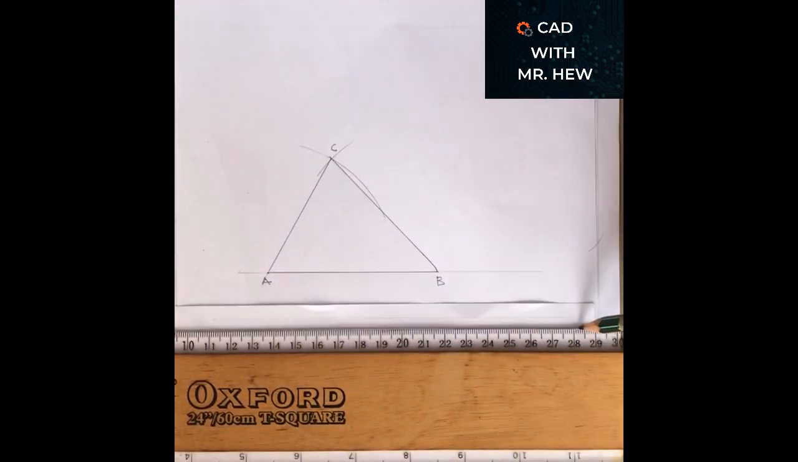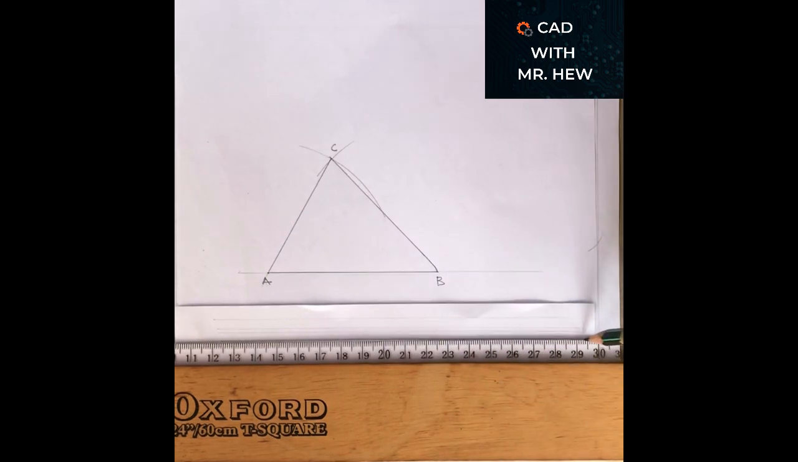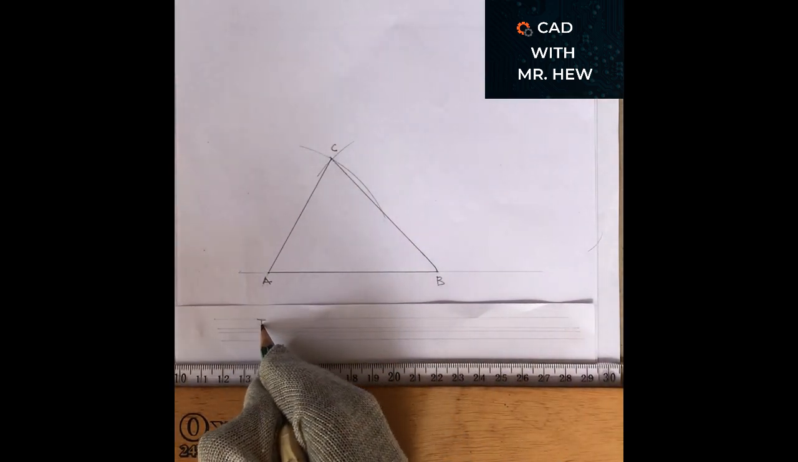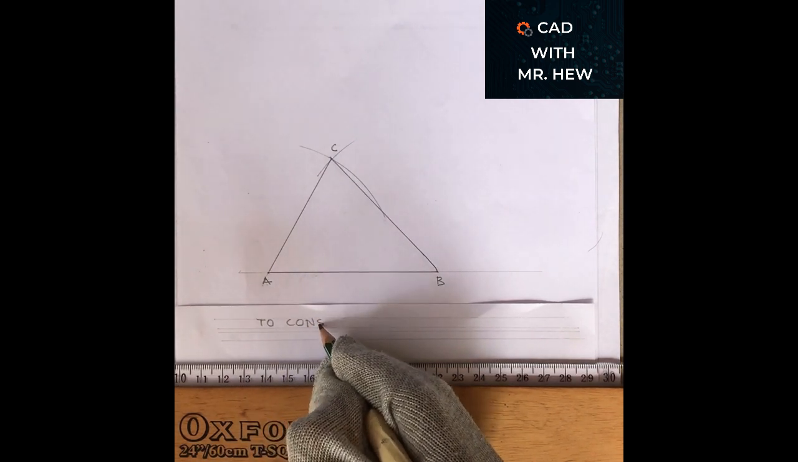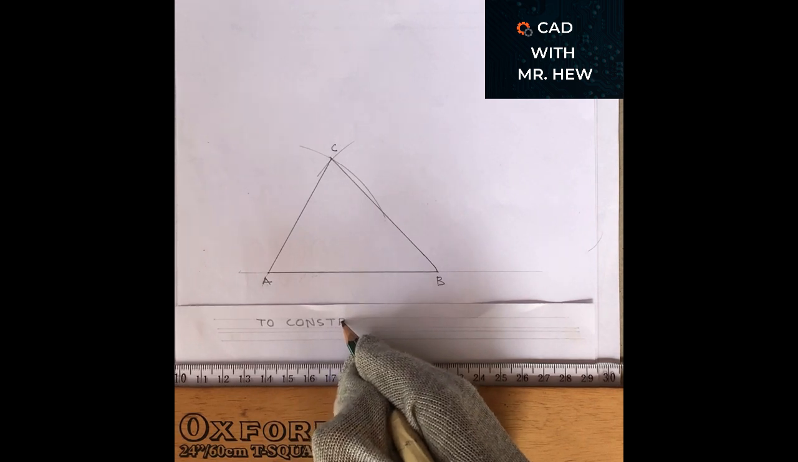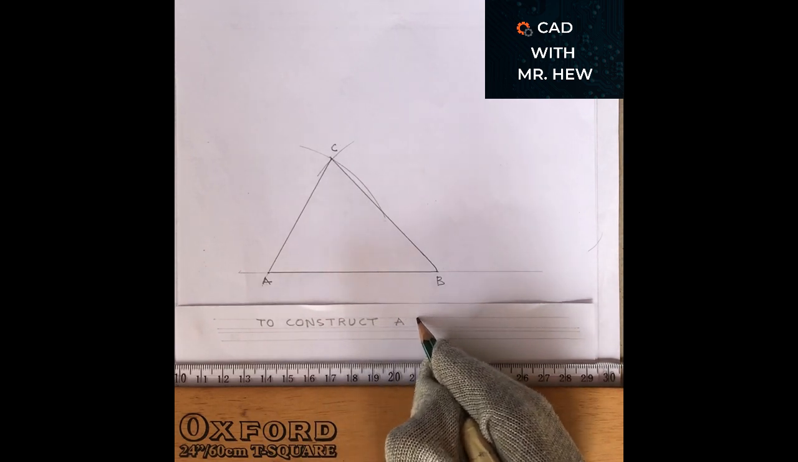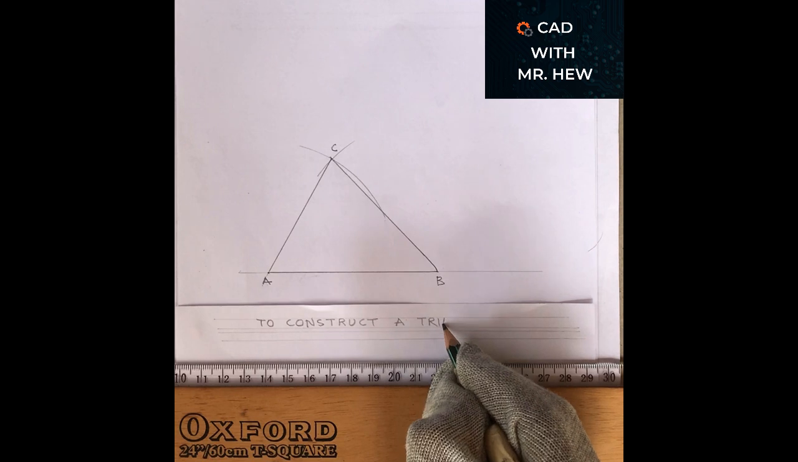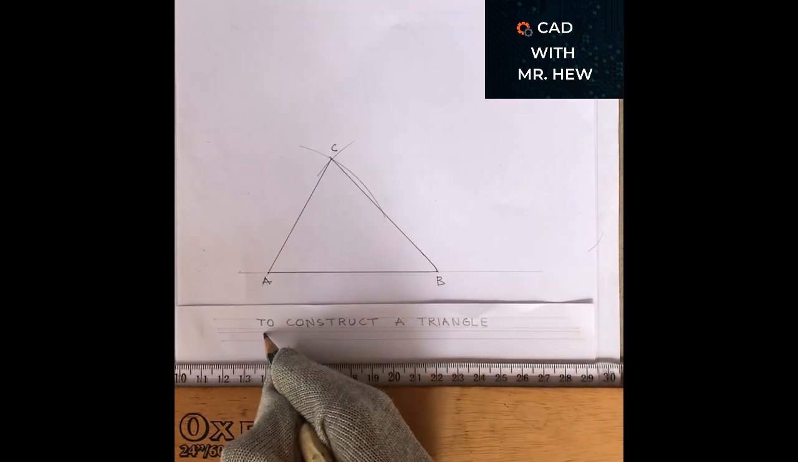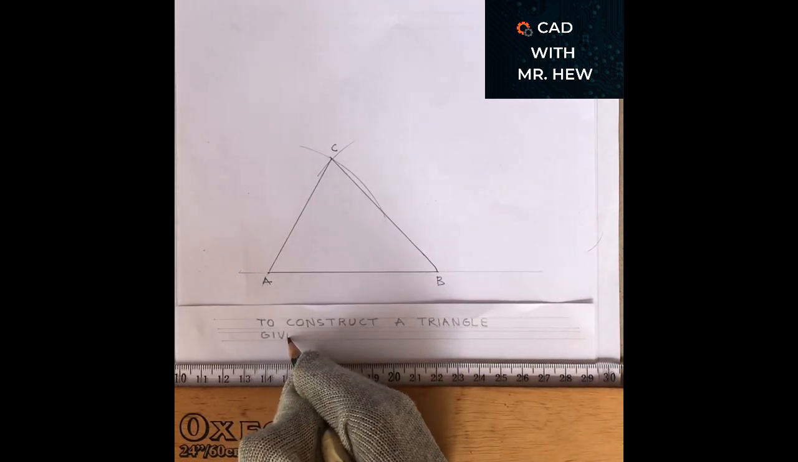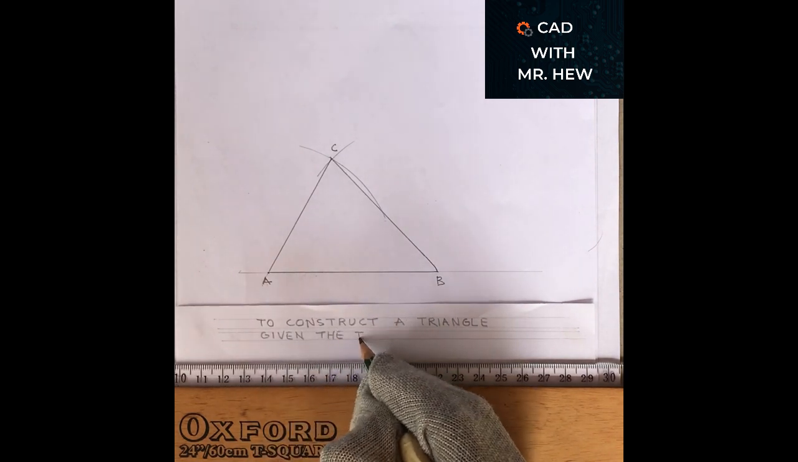We're going to use our T-square and pencil to draw some guidelines, which are parallel lines, which are about 4 millimeters apart. So we're going to label to construct a triangle given the three